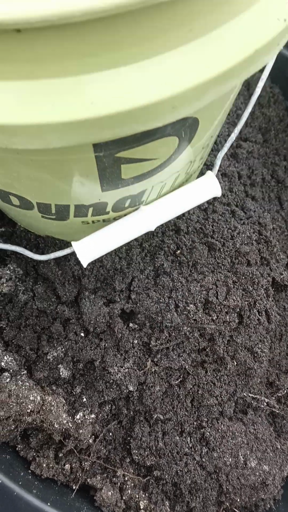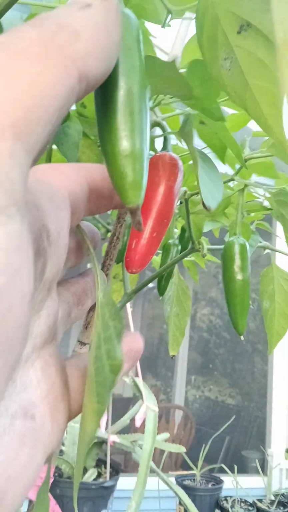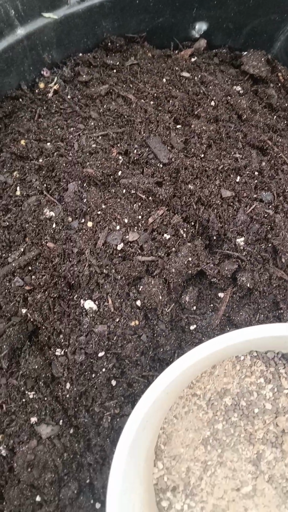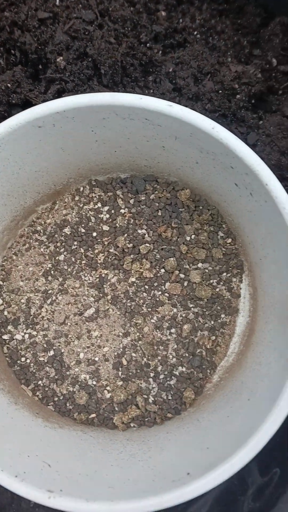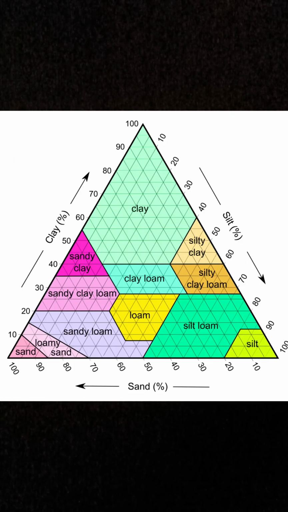Learning to mix your own soil is an important skill for anyone who wants to pursue organic or self-sustaining agriculture. But jargon like silty clay loam and loamy sand versus sandy loam can make this seem more complex than it needs to be. This is the soil texture triangle. It identifies what percentage of each of the three primary materials, sand, clay, and silt, make up each of the